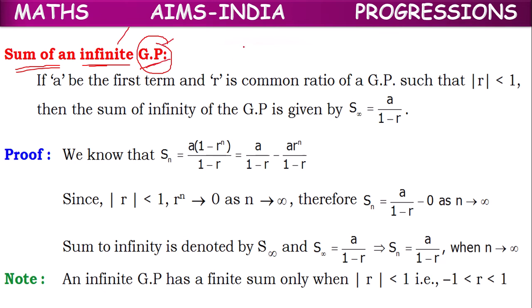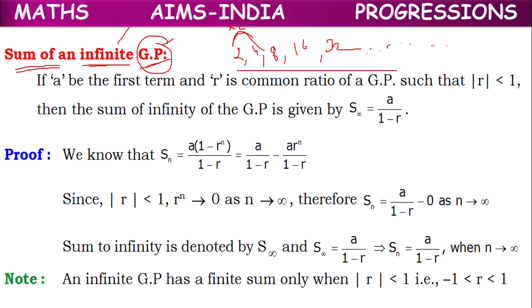Geometric progression is a sequence in which the common ratio is the same throughout the sequence. Now 2 into 2, 4, 4 into 2, 8, 8 into 2, 16. If except the first term, all the other terms are obtained by multiplying a fixed number with its preceding number, that resulting sequence is called a geometric progression.